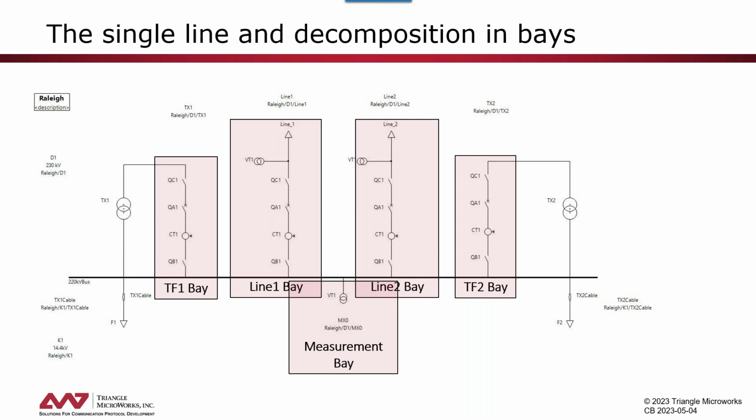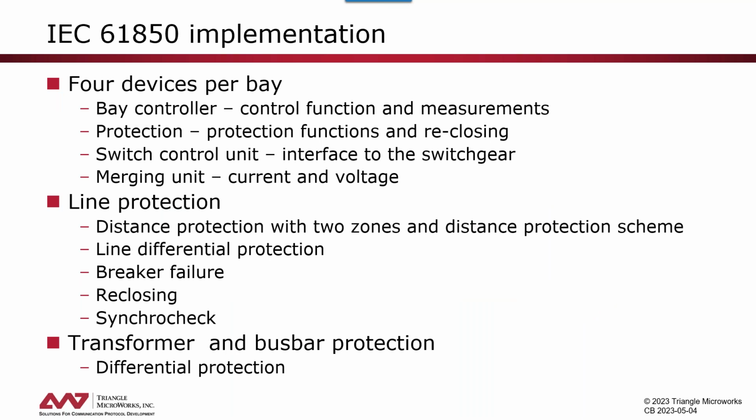We assume that we have a solution with a process bus. So per bay, we assume we have 4 devices. Besides the bay controller and the protection device, we also assume we have a merging unit that is getting us the samples of current and voltages, and we have a switch control unit which provides the interface to the switch